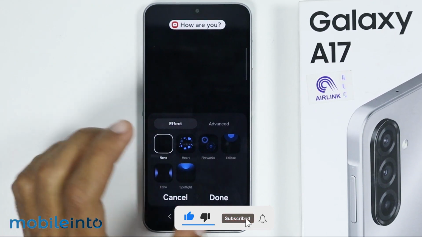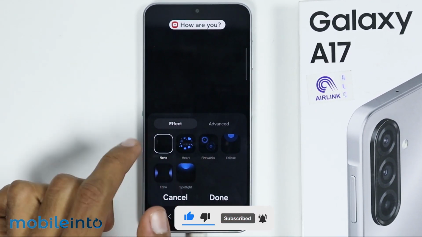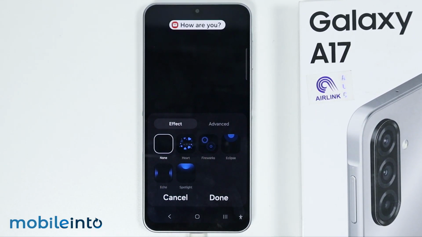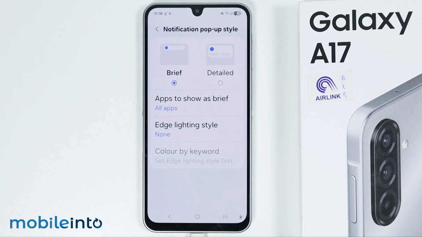And by selecting none, you will disable the edge lighting style on your Samsung phone. Now just select done. And this is how you can turn on and off the edge lighting style on the